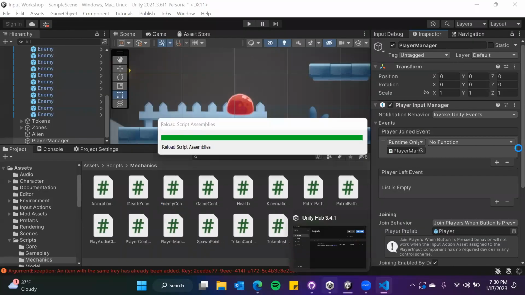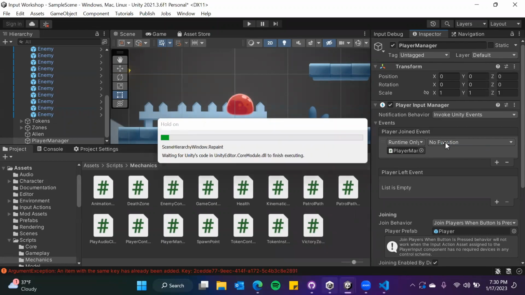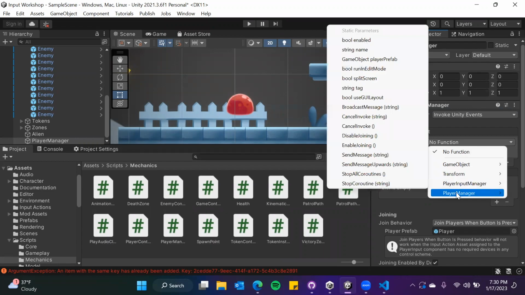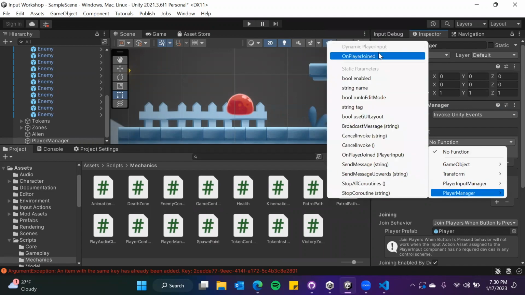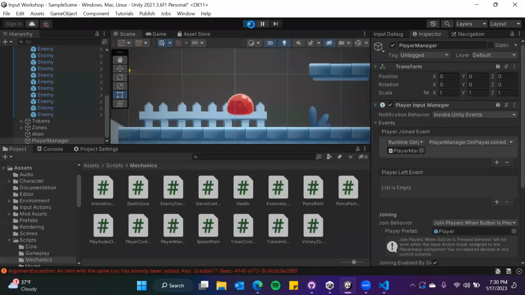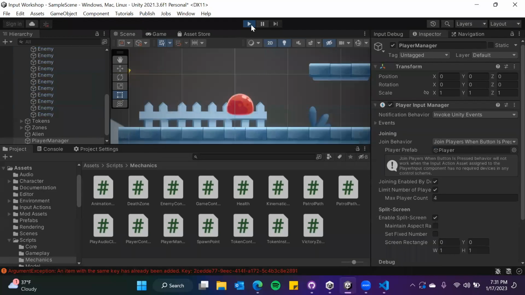And now it should compile, and I should have the option to hook up the function here. And just like for otherwise, it is player manager. On player joined is a dynamic because we have the right parameter. And now when we run the code, we can actually see that it's going to do debug.log player joined every